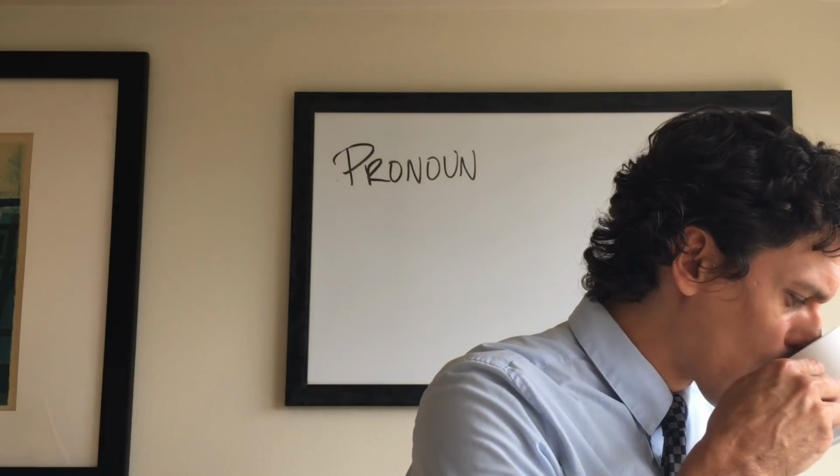The pronoun is simply a short word that takes the place of a noun. For example, SpongeBob SquarePants is a long name, so instead of saying SpongeBob SquarePants went to the ocean and played with Patrick the Star, you could just say, he went into the ocean. He is our pronoun in place of the longer word. That's why we use them, so that we don't have to say super long words all the time.